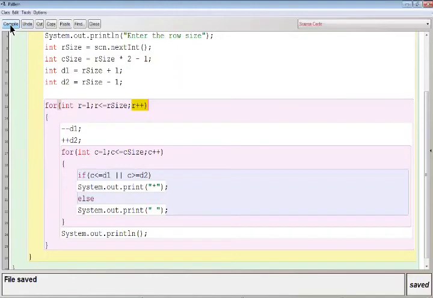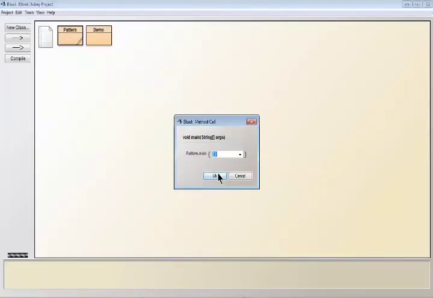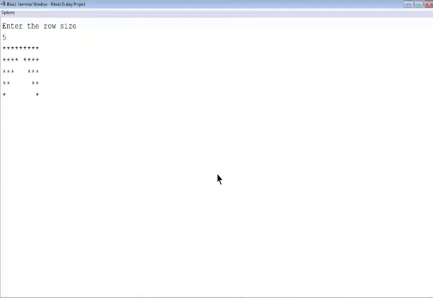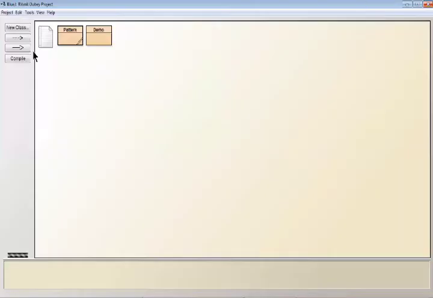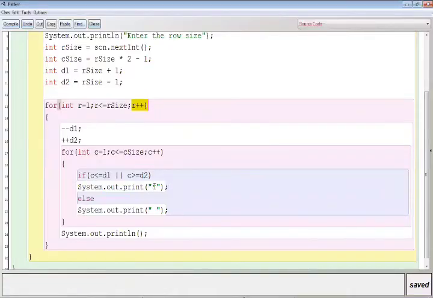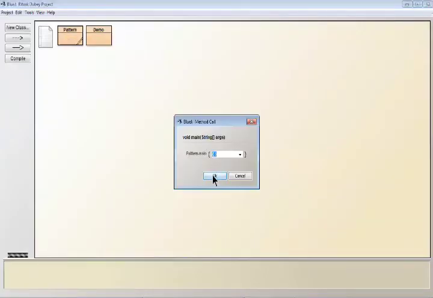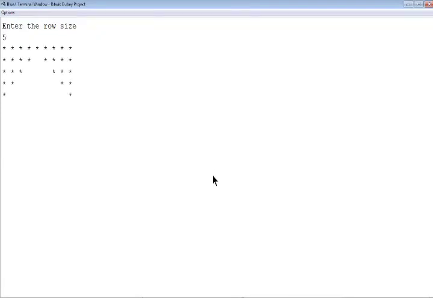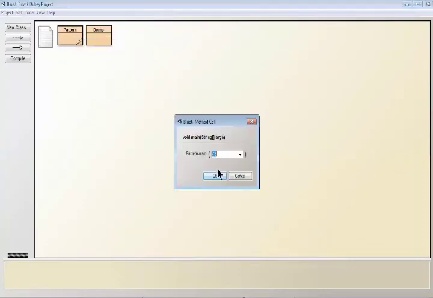Compile. No syntax error. Close, right click, call the main method and let me check. Enter row size 5. See, this was the pattern. Now, to make the pattern look good, after the star you can print one space, and if you add one space after the star, you will have to give one extra space in the else part. Now the pattern will look attractive. Enter the row size 5, see. Now let me change the row size and show it to you.